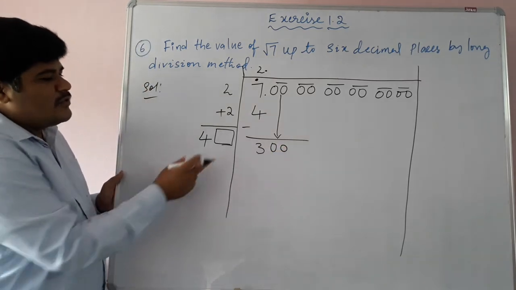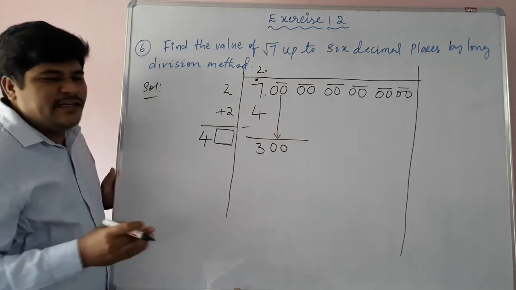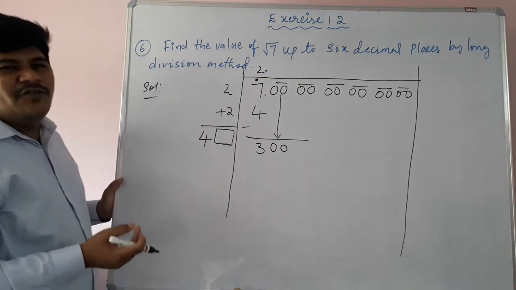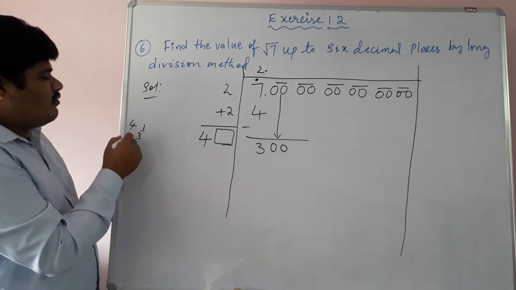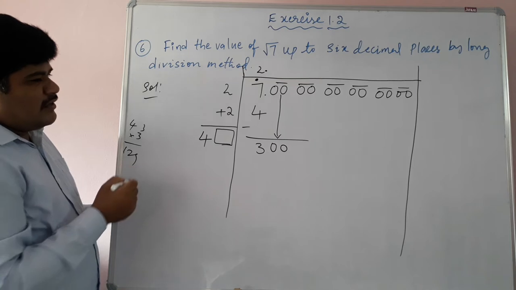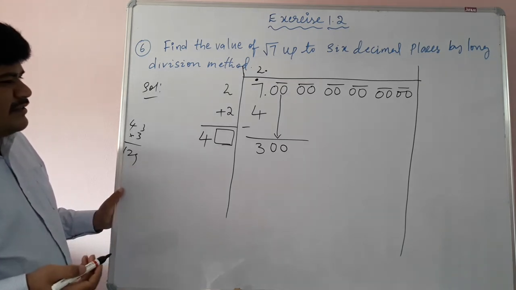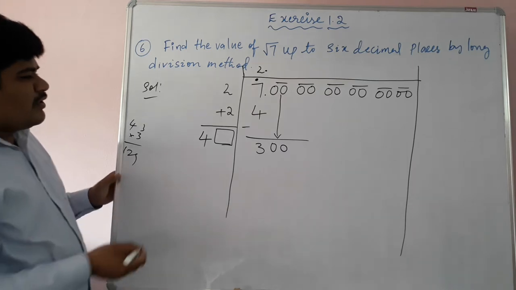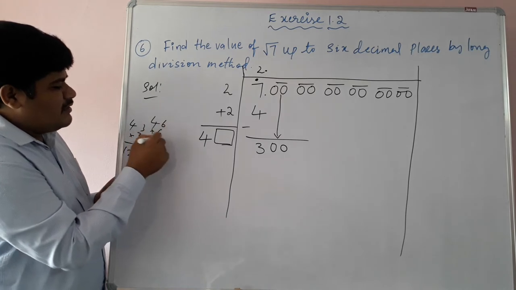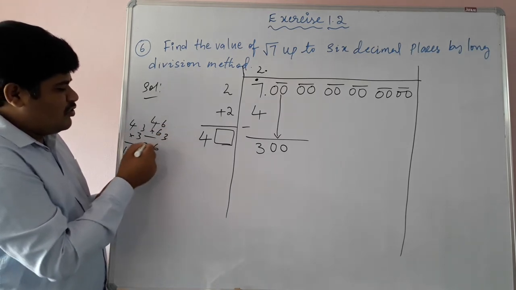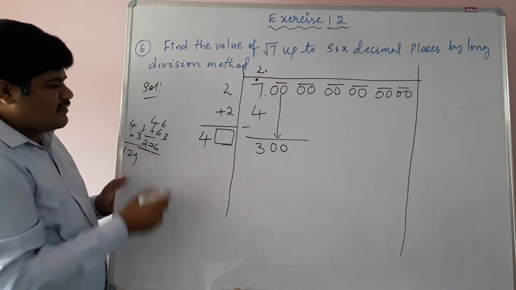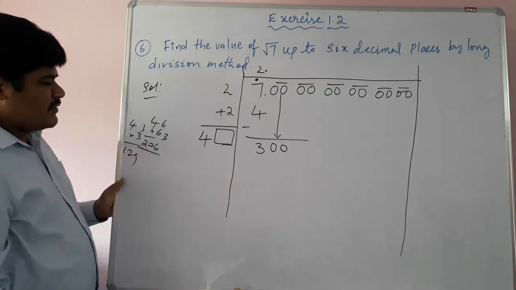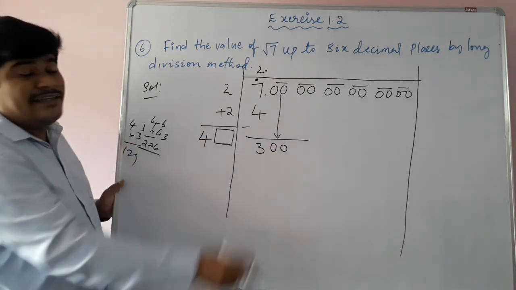300. So here we have to check first. Either 41 ones or 42 twos, 43 threes. 42 twos are 84 and 43 threes are 129. Okay. So 45 fives, 46 6, okay, 47 sevens, like that we have to check. Okay, so students, I will check with 46 6 are 6 6 are 36, 6 4 are 24, 24 plus 3 27, 276. So 47 sevens, that definitely exceeds this number, children. Okay, so that will exceed 300.